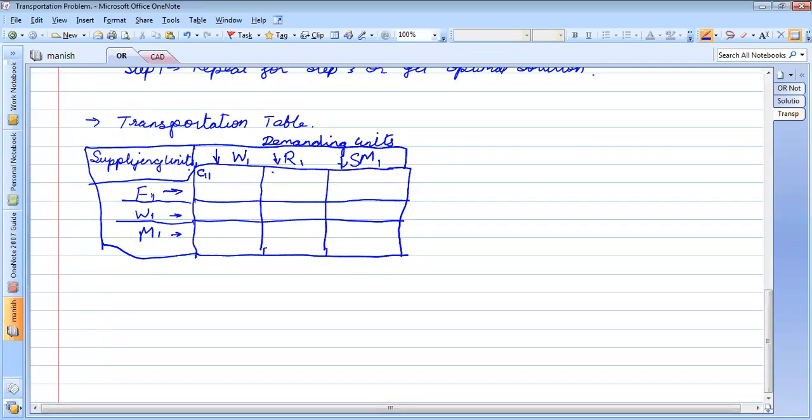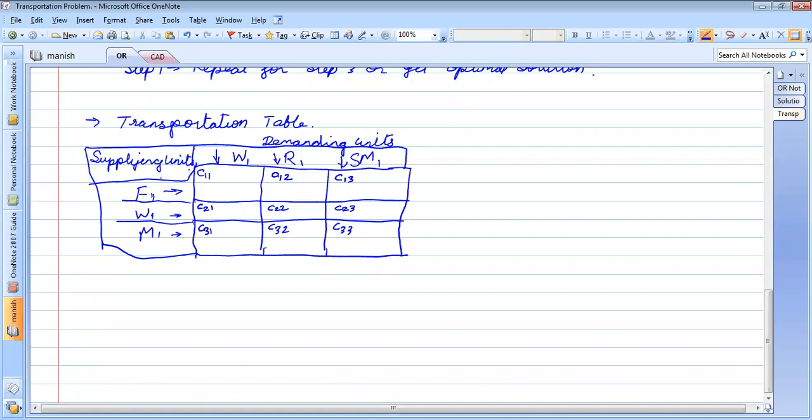Similarly here it will be C12, here C13, here C21, C22, C23, here C31, C32, C33. Any doubts in this?